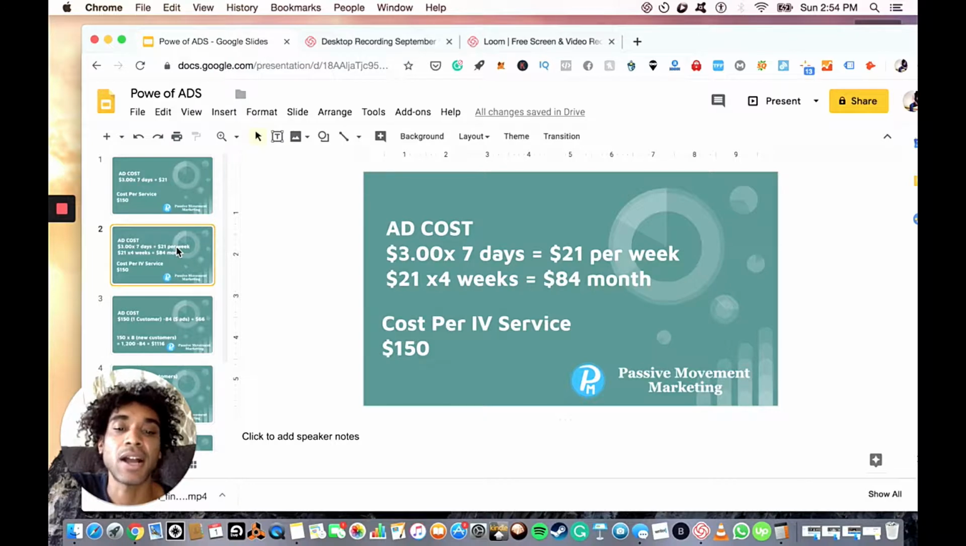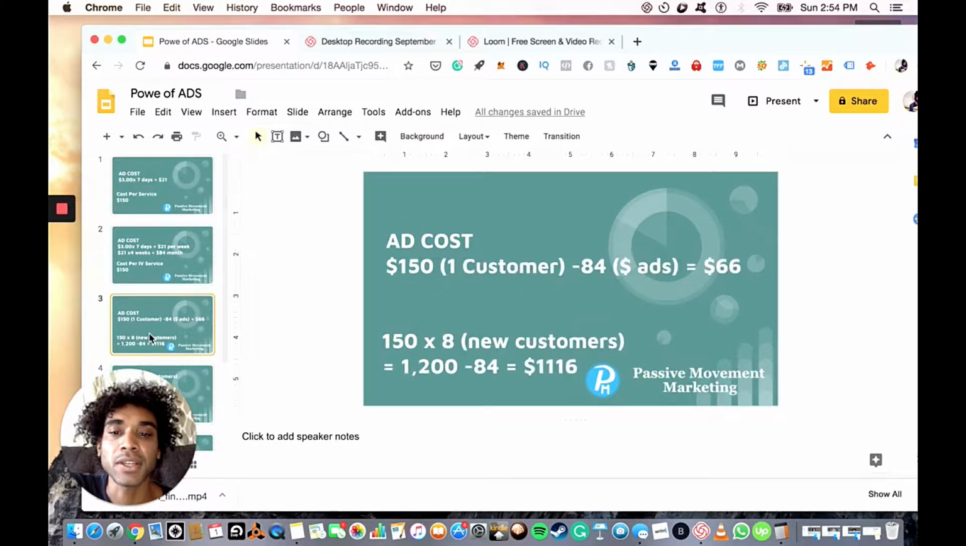Your average IV service is 150, and let's say you only got one customer per month from running this. You would still make $66 if you ran this yourself. And you're like, all right, great, 66 bucks. But let's just say we got eight new customers,